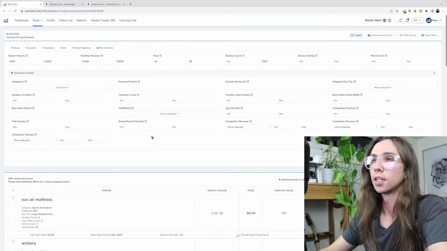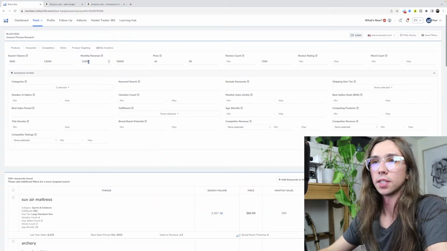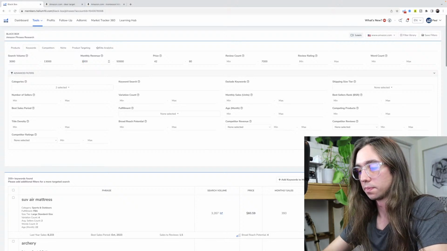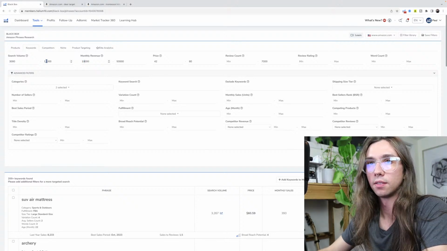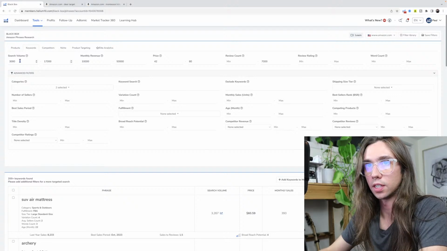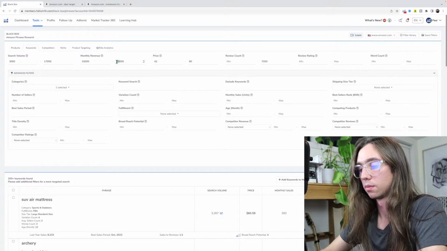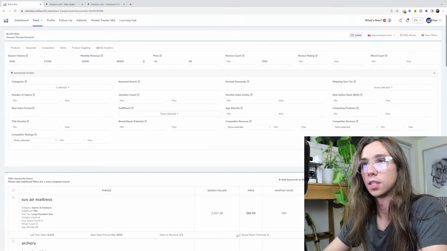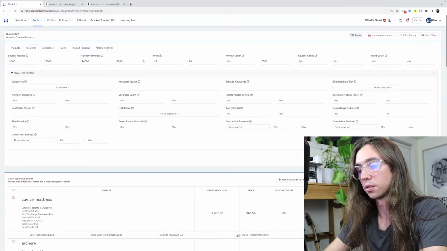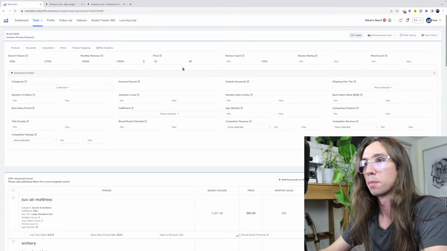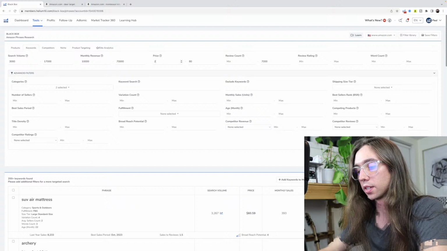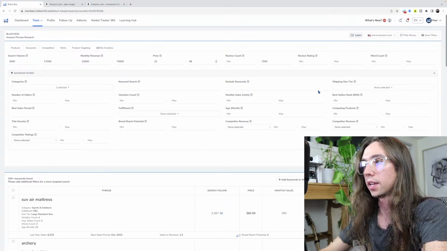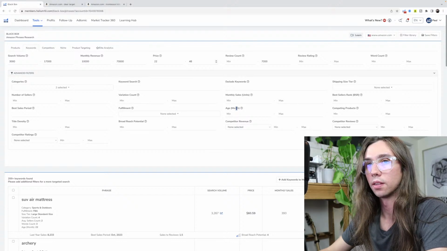Let's see. Can we change some of this stuff? I'm going to lower this a little, actually. I'm going to go like 10. I'm gonna increase this a little, 17. And then, actually, let's raise that a little bit, not lower, 70. So go a little wider, and then let's go back down to like 22 on that, and then 48. And then let's only look at things with,